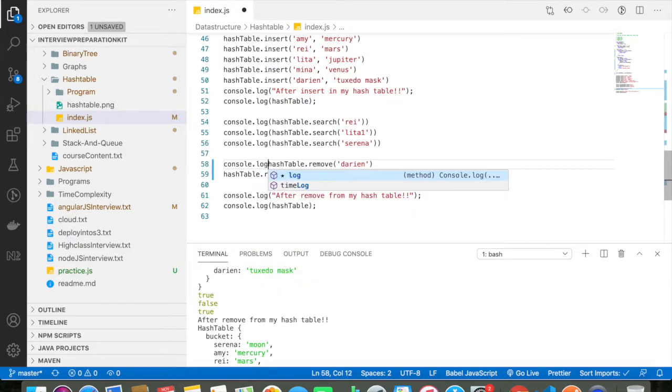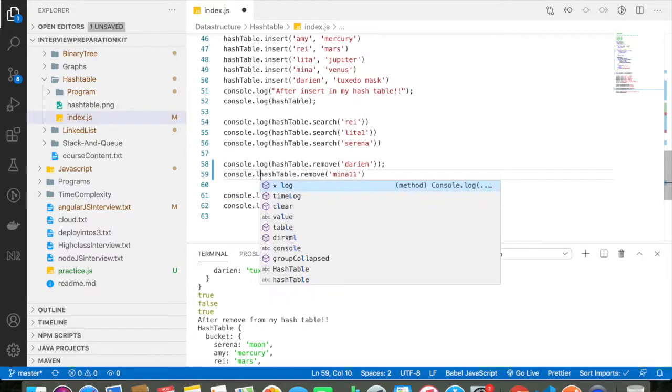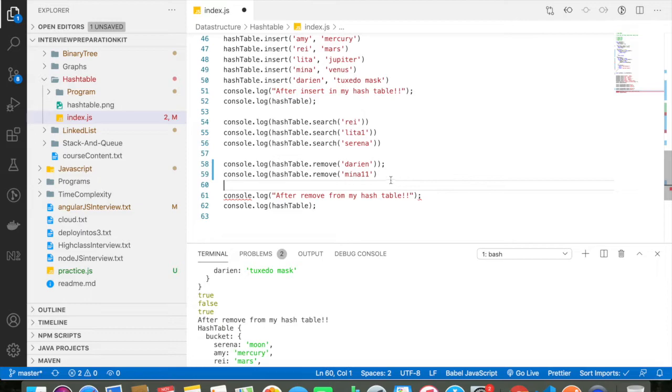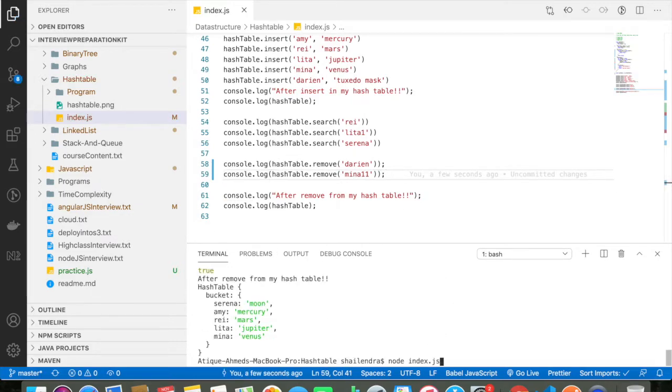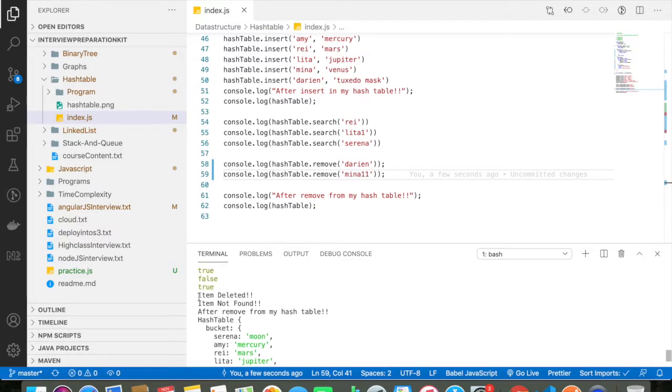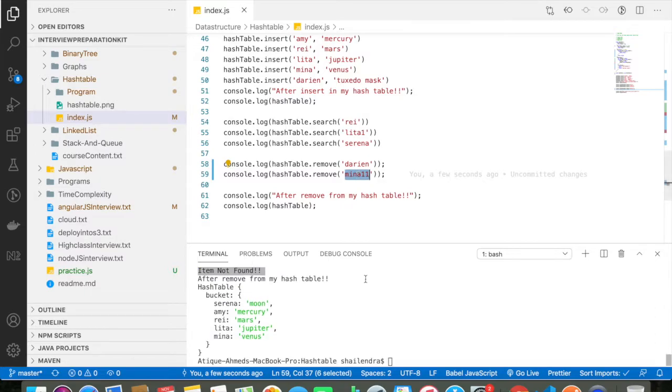So I have to do console log of hash table dot remove. Alright, so again I have to do console log of hash table dot remove. So if I run it again, you can see that I was able to delete one item, but the second item is not found, right, which is this one. So this is the concept of hash table.